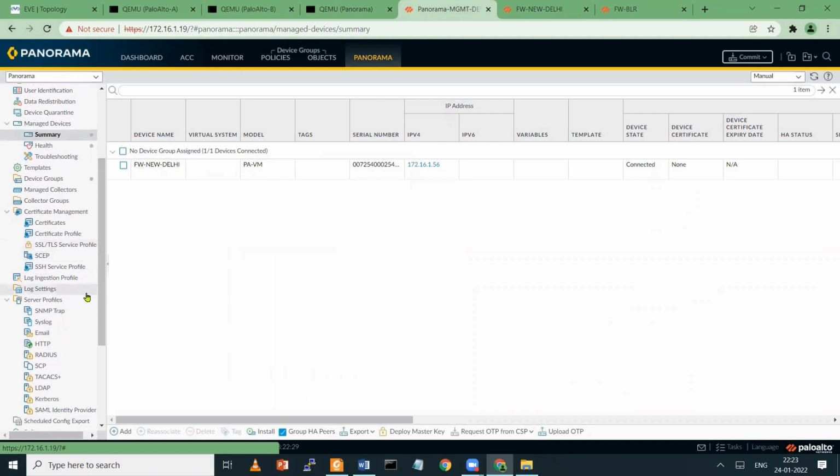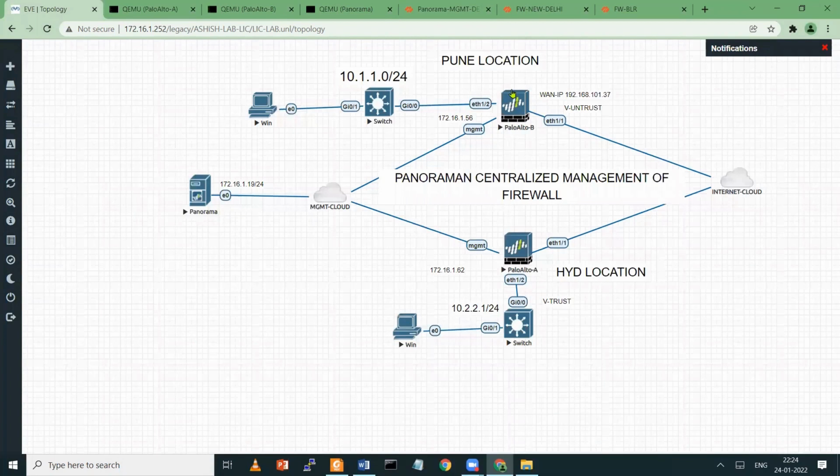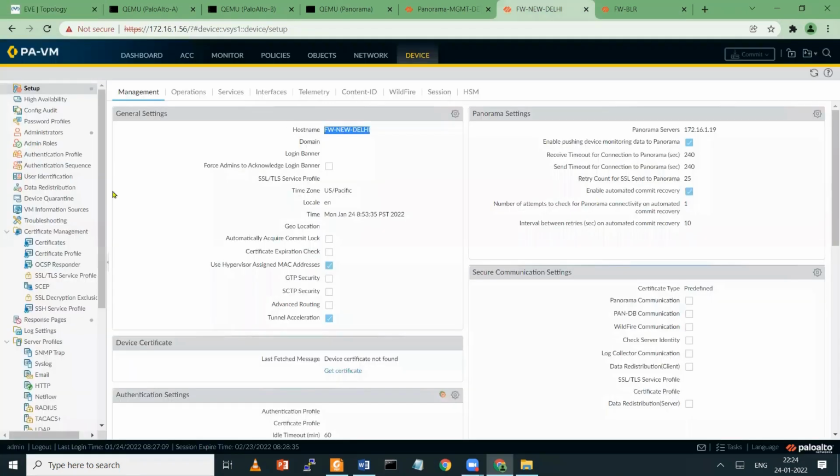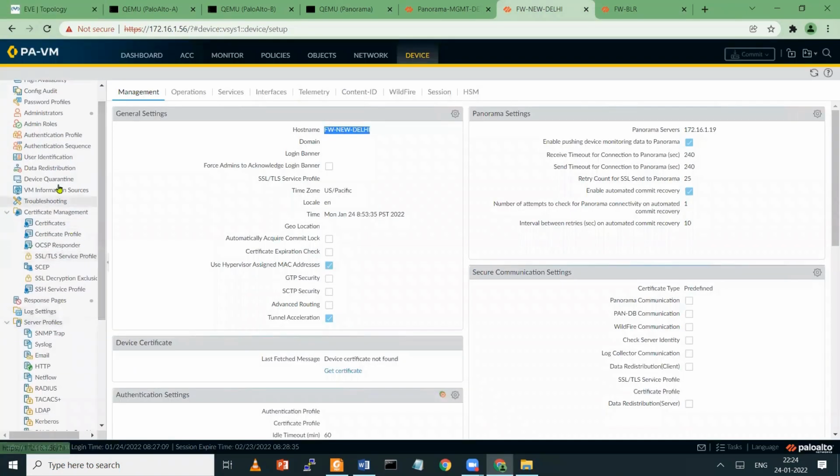And I do need to change. I can change the name, or I can change the device group again to New Delhi, because it's not using the old one. So let's do it New Delhi again, because it's picking correct. It was just picking the name. I was thinking it was picking the old configuration. So that's why I just performed certain changes, but no issues. Make it again New Delhi location and delete the device group again. No issues, guys. You can delete it as well.